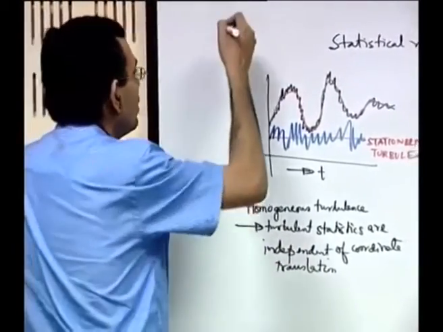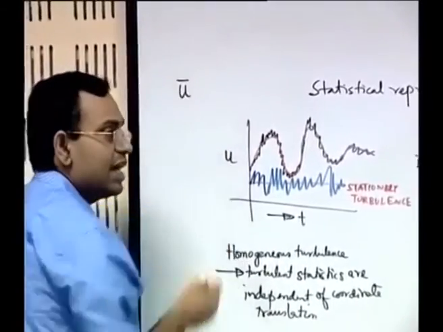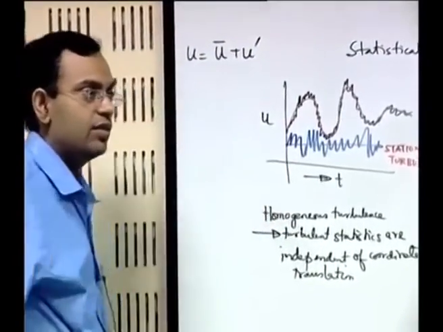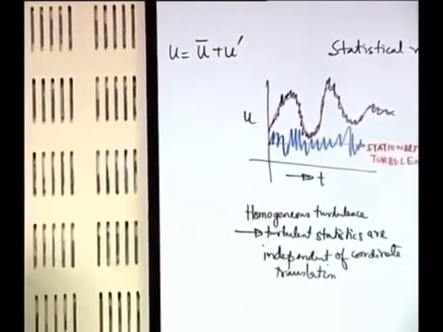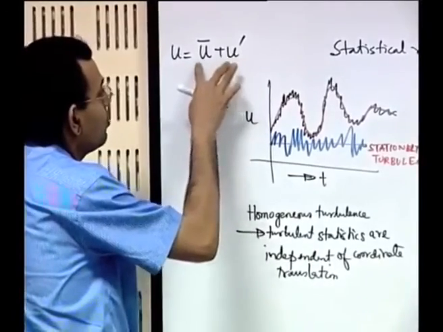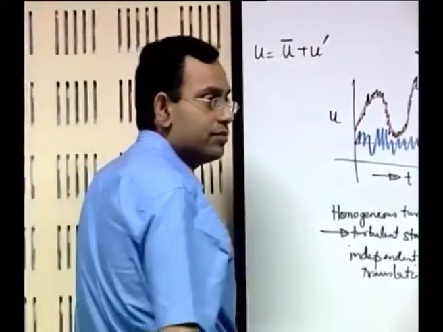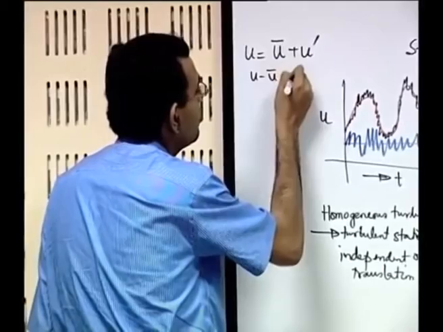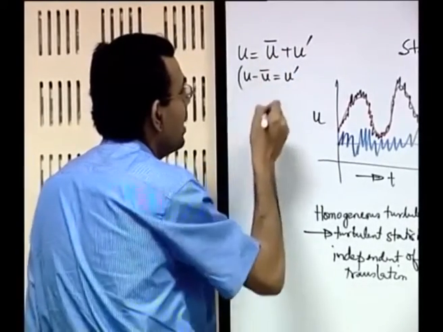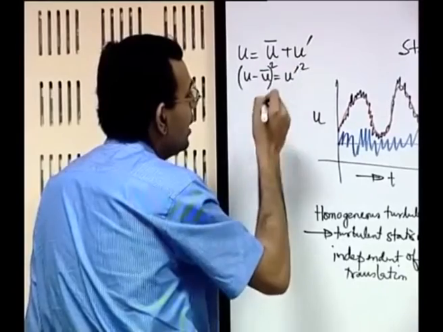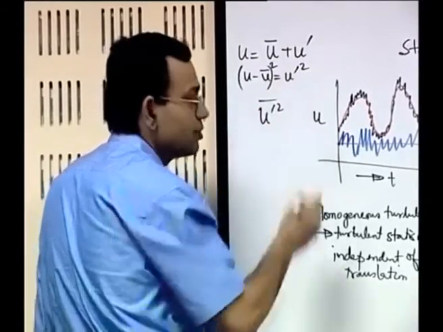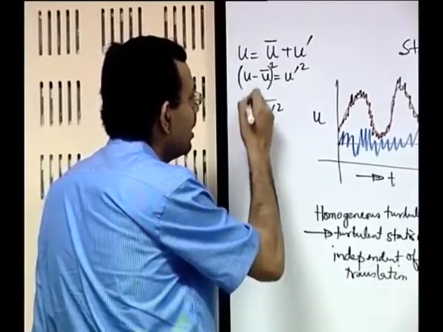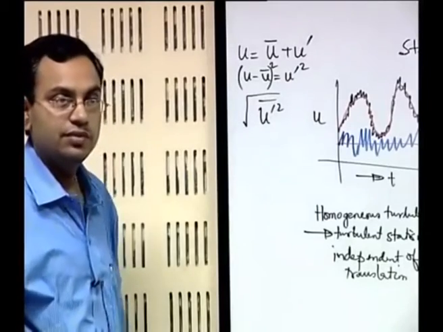So, how do you evaluate the RMS? See, if u bar is the average of u, then u is equal to u bar plus a fluctuation. We will come into this in more details as we consider the turbulence models. Now, when you consider u equal to u bar plus u prime, then u minus u bar, this deviation from mean, is u prime, square of that is u prime square, and mean of that, if we give it a symbol, is the mean square deviation, and square root of that is the root mean square deviation or RMS.